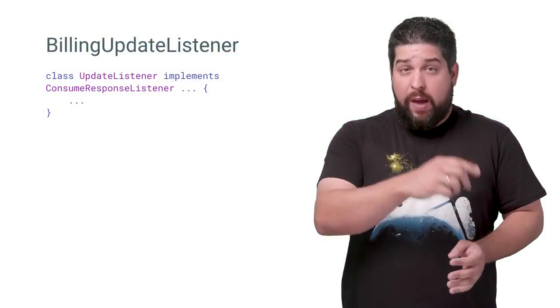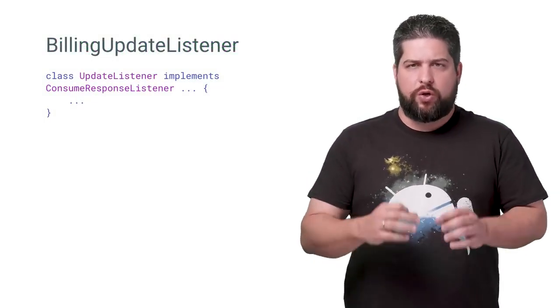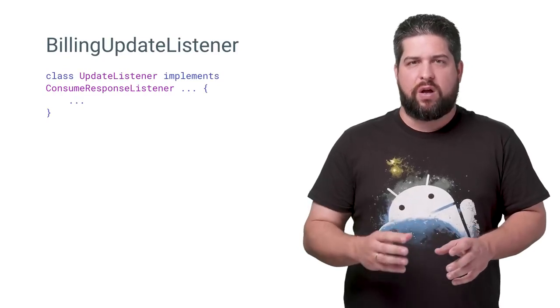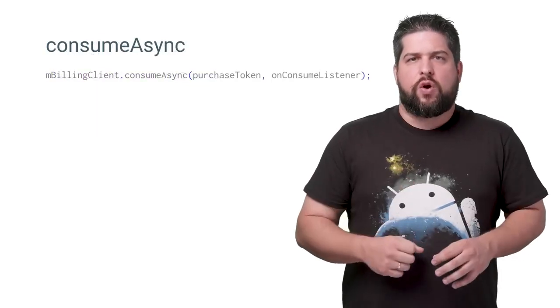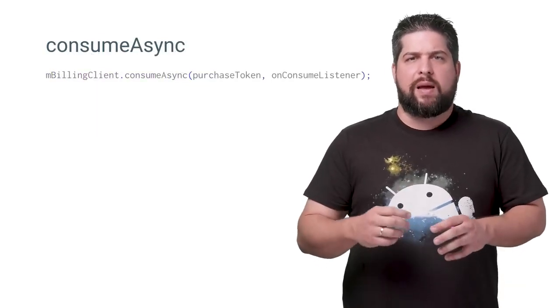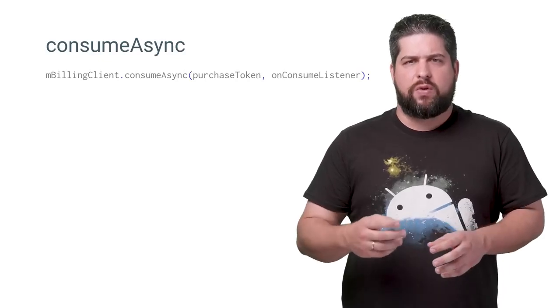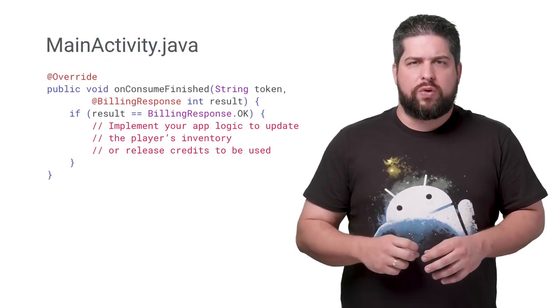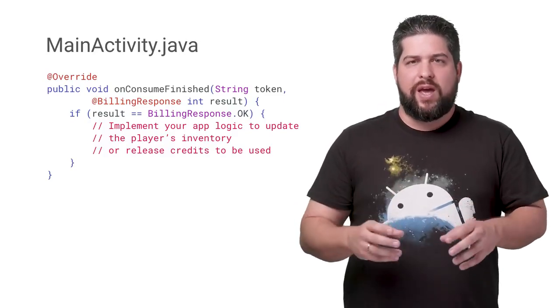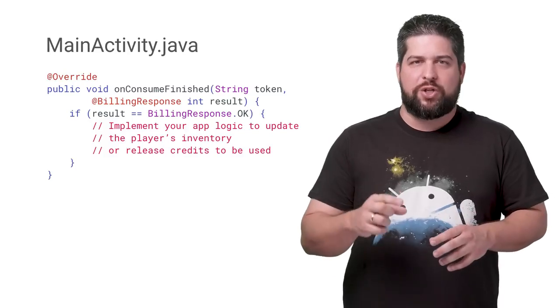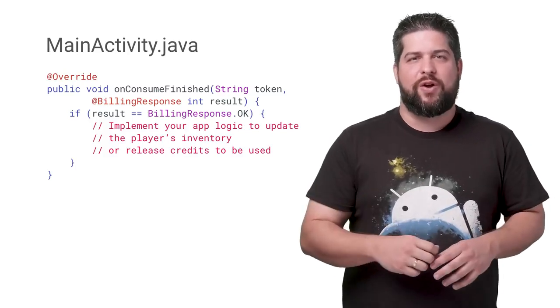Google Play prevents the user from owning more than one copy of an item by product ID. The item must be consumed before it can be purchased again. Your app controls how items are consumed. To consume items, you first implement an instance of ConsumeResponseListener to handle the consumption result. Then, you call the consumeAsync method on the Play Billing Library client, passing the identifying purchase token string value. If the response code in onConsumeResponse from your ConsumeResponseListener is BillingResponse.OK, it's time to call a method that implements the logic in your app to update the player's inventory or release